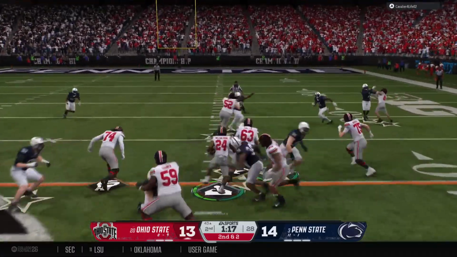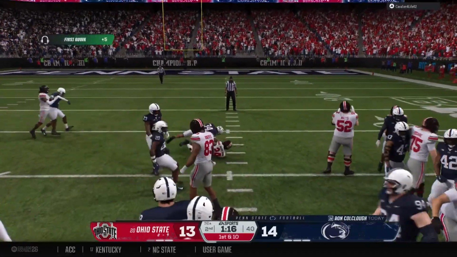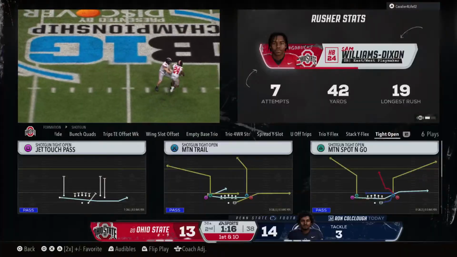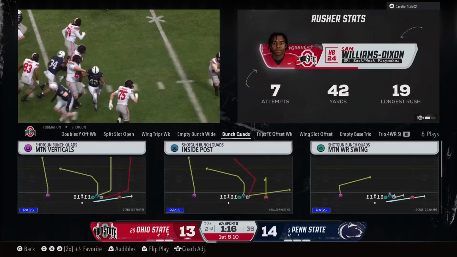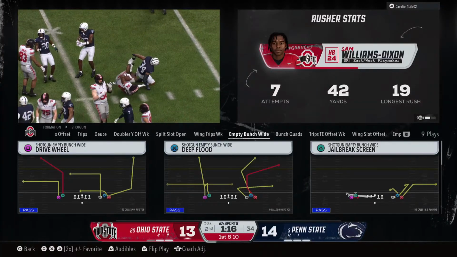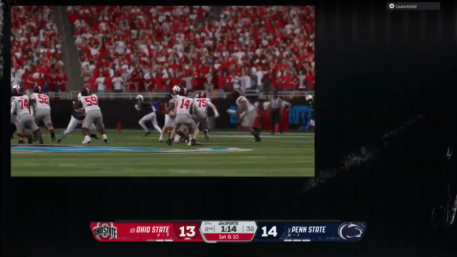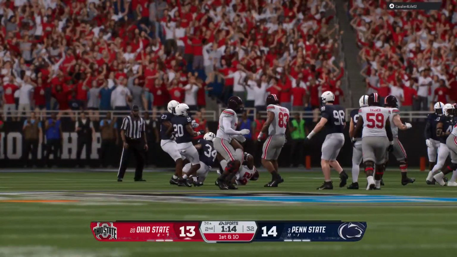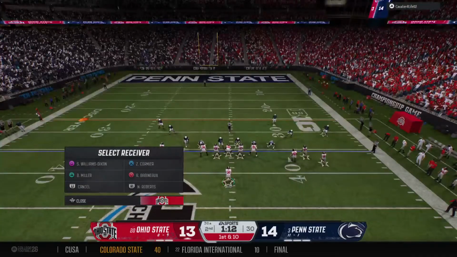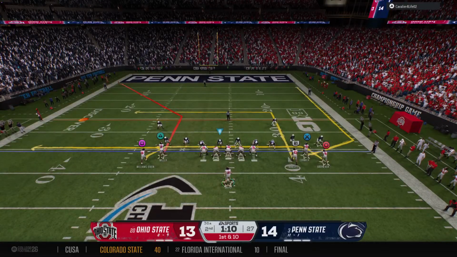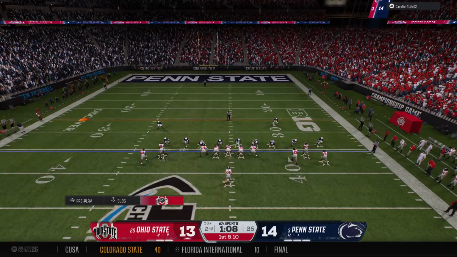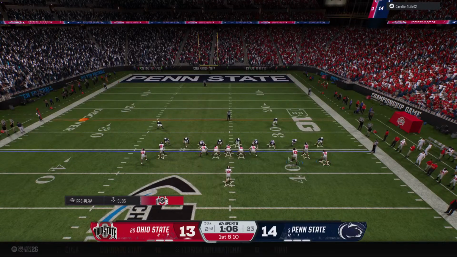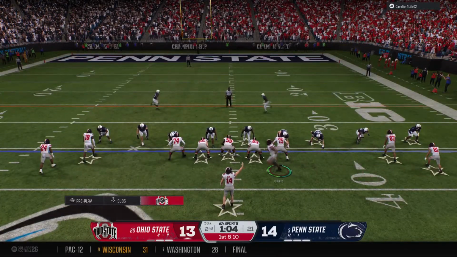Out of the shotgun, will hand it off. Good enough for 1st down yardage. Setting the tone early with good runs like this can really wear defense down and keep the defense guessing. That's why some of the best coaches of all time have primarily done it with great run games. See what the call is on 1st and 10. The offense with some pre-snap motion.